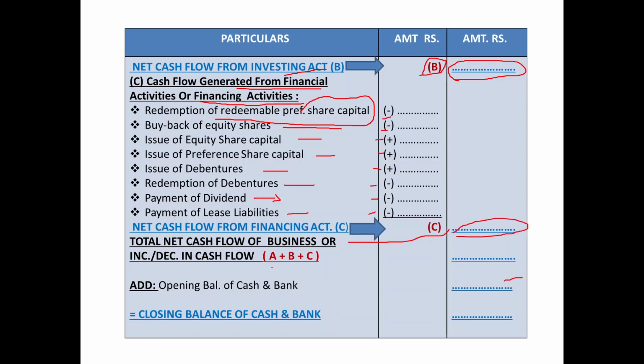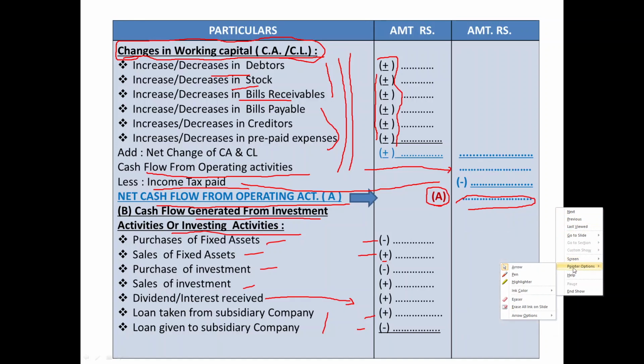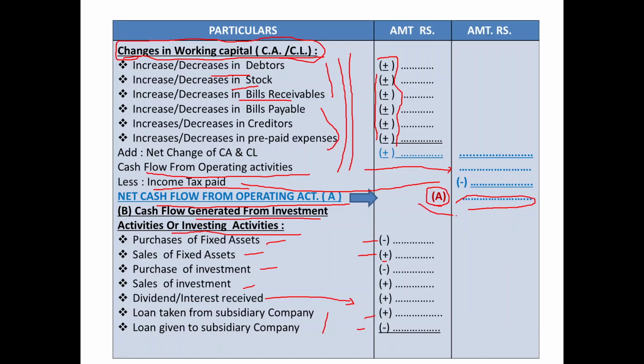Now the final position. During the last year you ran the business, how much cash flow have you generated? So the total net cash flow of a business, or increase or decrease in the cash flow during the last year. How to decide it? A plus B plus C, the cash flow you determined under the three titles. Number A, cash flow from operating activities, this one. So the biggest calculation you did was A. Then B,